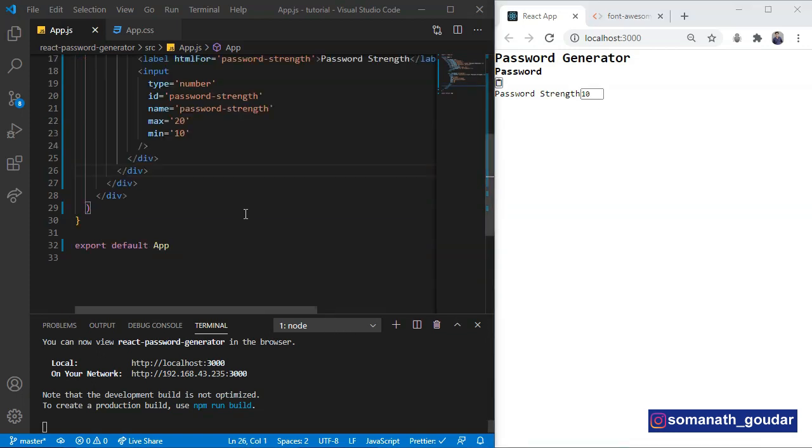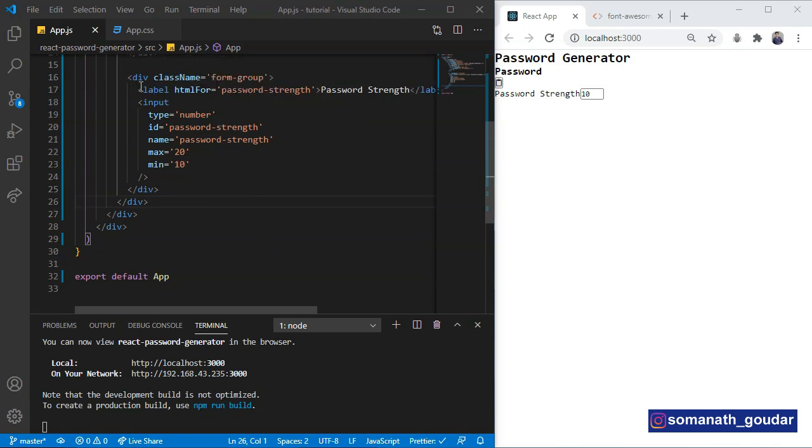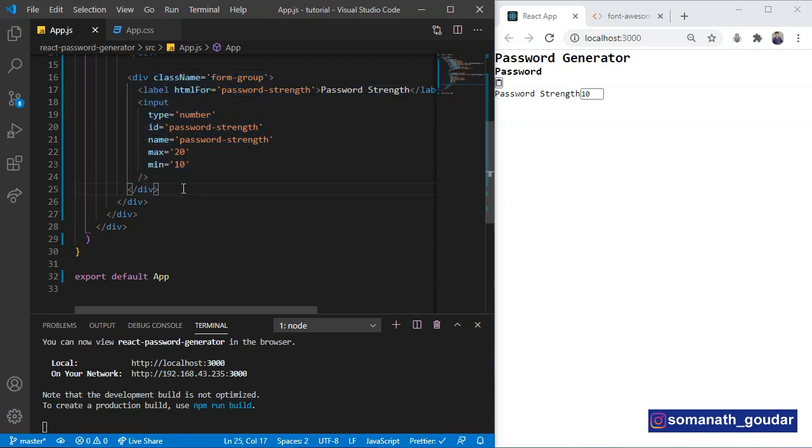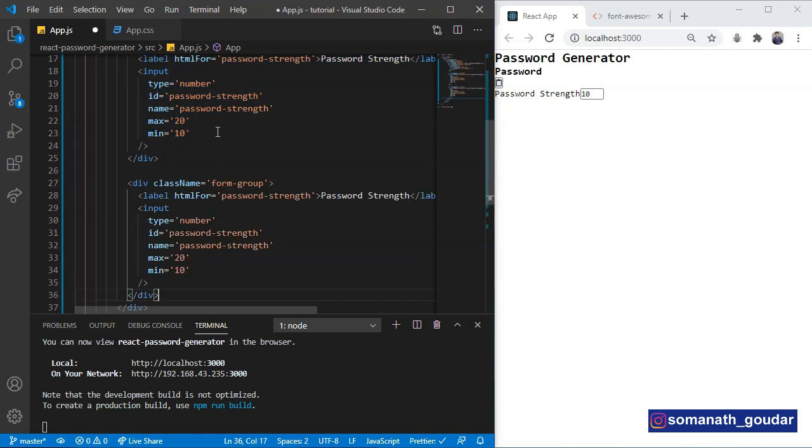Now let's create input values for the uppercase letters. We are going to copy this form group, and let's create another form group.